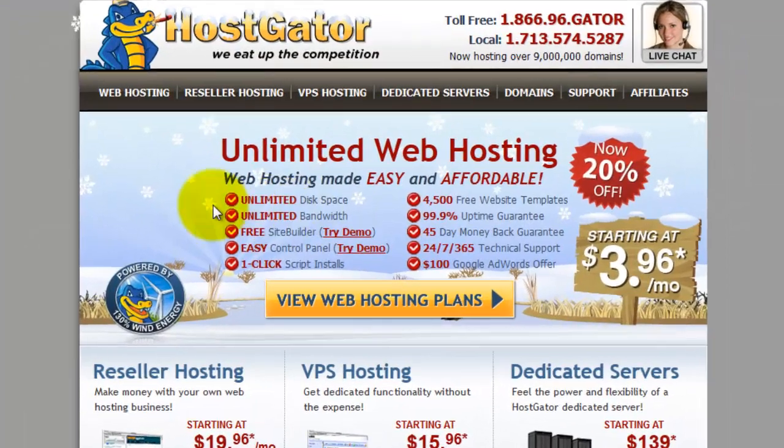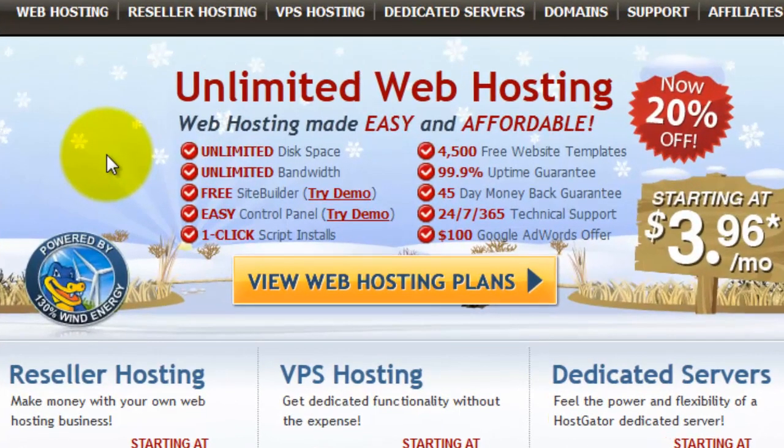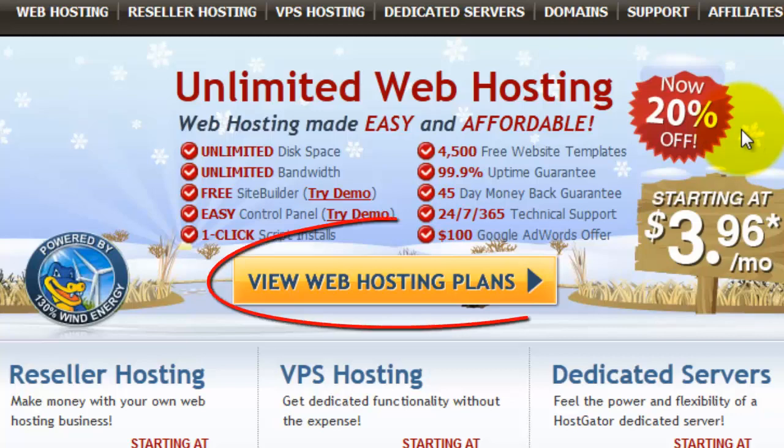In this section, you'll see features that come with many of their shared plans. Some of the more important features include unlimited bandwidth, unlimited disk space, one-click installs, a 45-day money-back guarantee, and 24/7/365 technical support. We'll click on this button to check out the shared hosting plans in just a minute, but